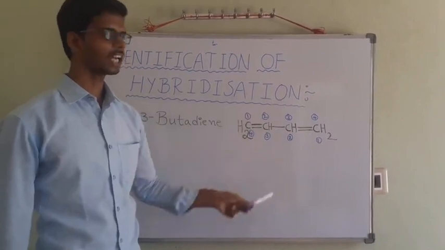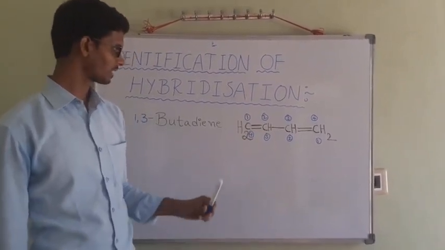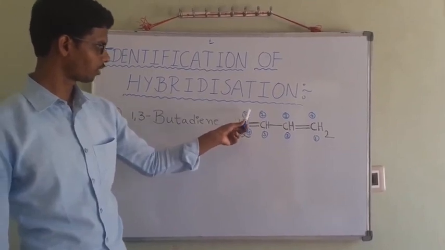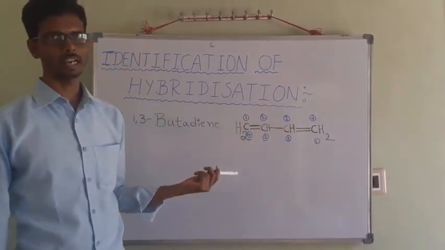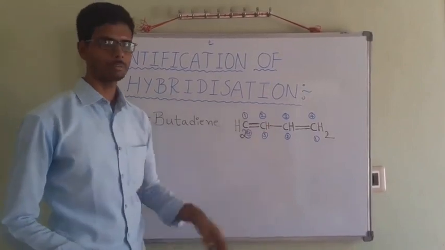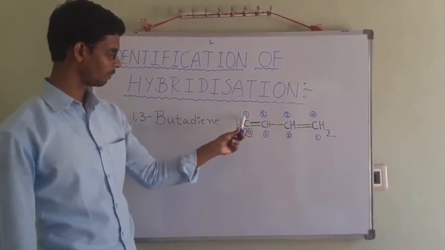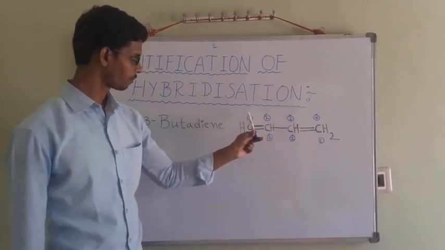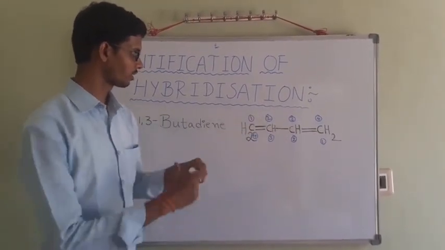It is a symmetrical molecule. Why? Because here you can give numbering from left to right or right to left, whatever may be right. Why? Because it is a symmetrical molecule. The double bond is present between first and second carbon and third and fourth carbon. That's why either from left to right,